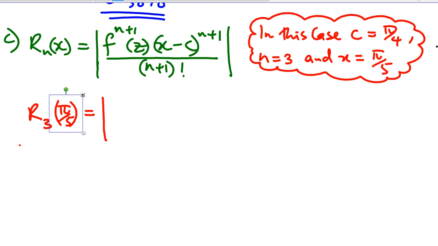I'll talk about that in a minute. Or actually I can write that: it will be the fourth derivative at z, because n+1 is 4, all right, 3 plus 1 is 4, at z, and then this will be